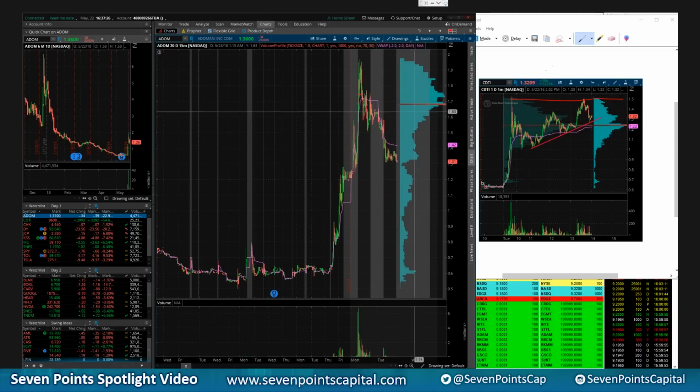Well, if this thing comes back up here like that, guess what's going to happen? Most likely, these longs are going to put a lot of pressure on this, and you're going to get a rejection here. And that's usually a good spot for me to enter right here, going into this area, and having my stop either above here or above here. Okay, so that's another few examples of volume profile and how I use them to spot important levels on the